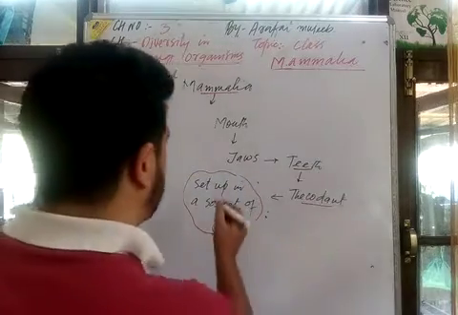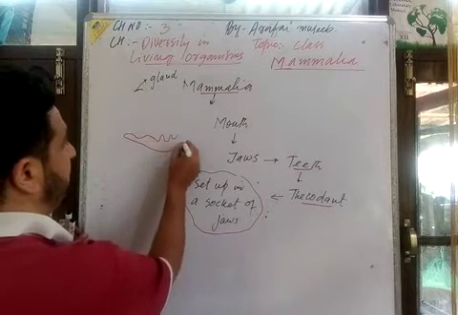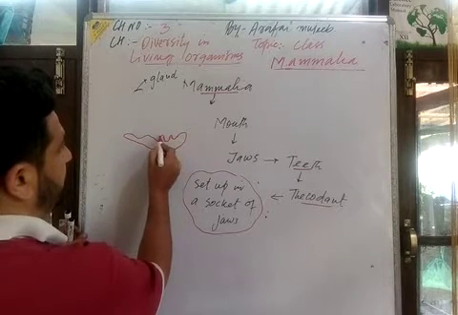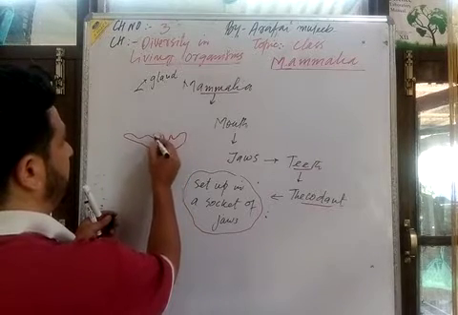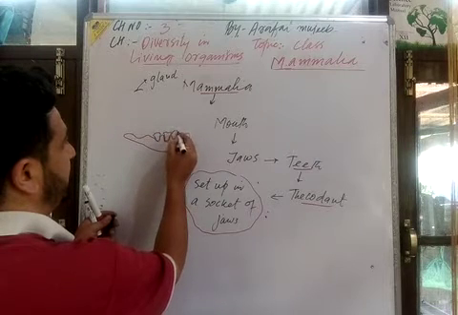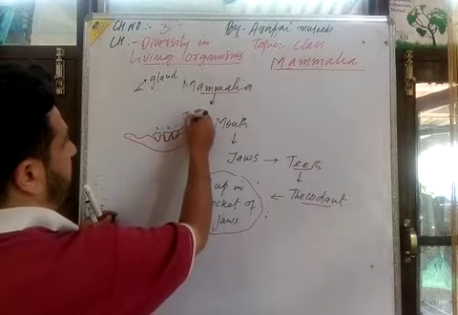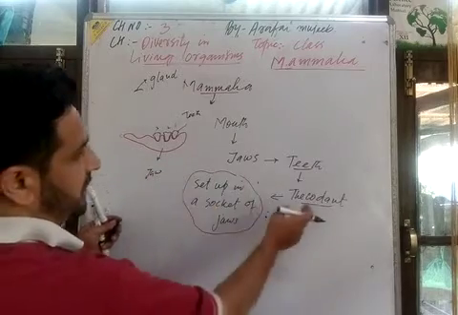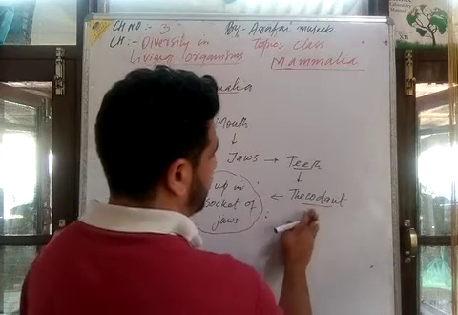If we look at a jaw, what is in the jaw? This is a jaw, and in the jaw there is a socket. See, they have the presence of sockets, and in this socket our teeth are present. We have teeth in the sockets. This jaw is thecodont, and they also have teeth as thecodont, and